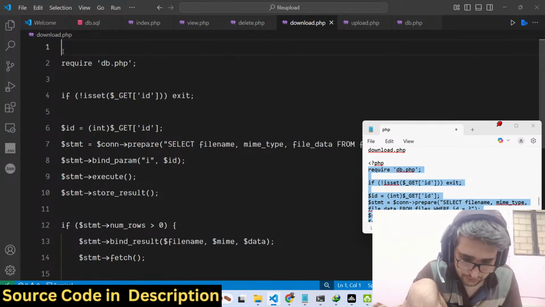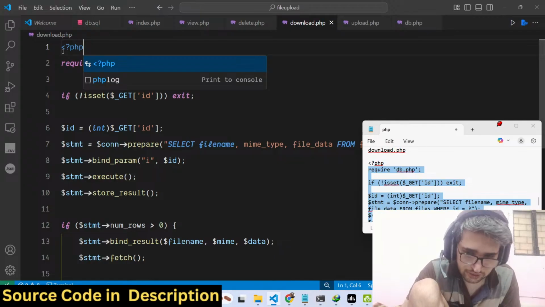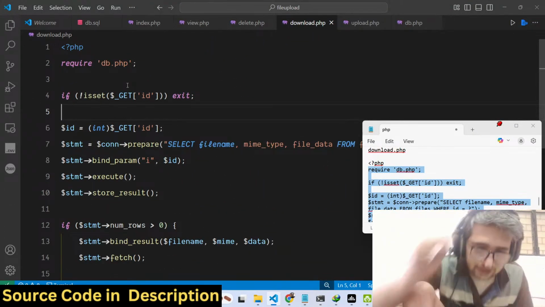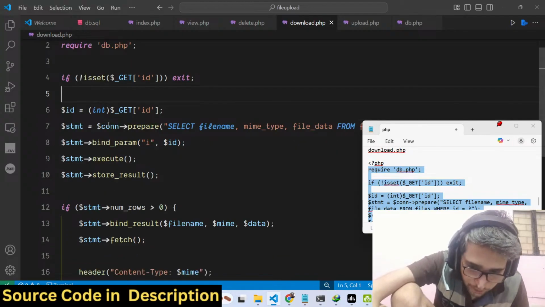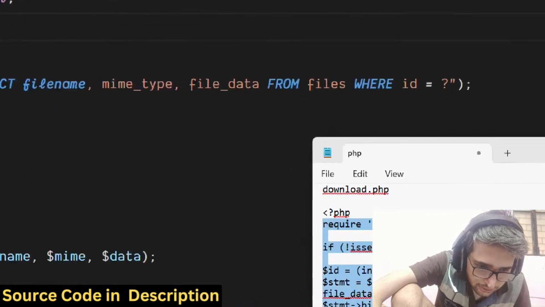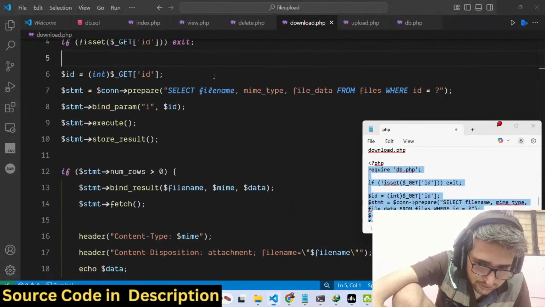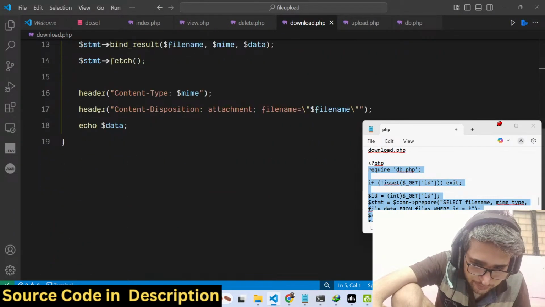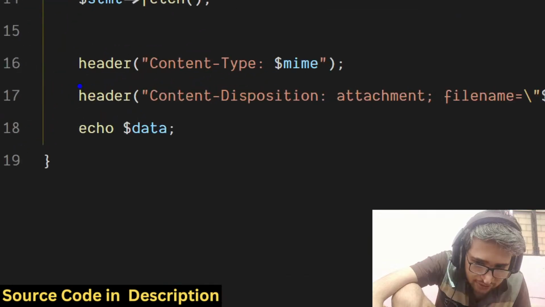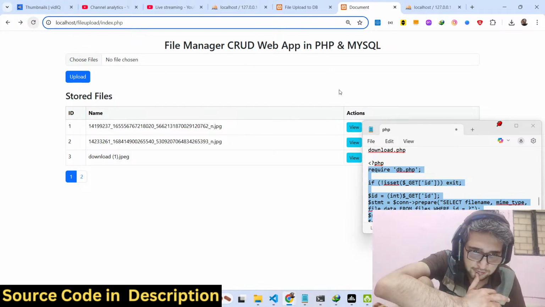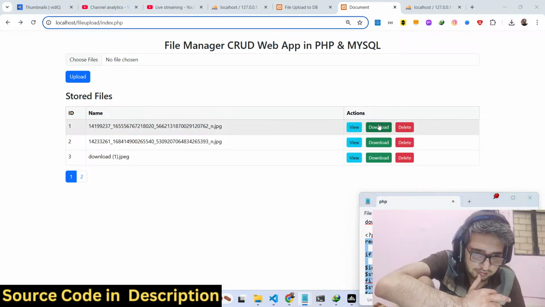Again, we first of all require the db.php, the connection code. After that, we get the primary key again by $_GET id. We store it inside this, and then we get the record by again writing this prepared statement. We execute and get the record, and then we actually send the headers and echo the data. So if you click the download button, you will see the